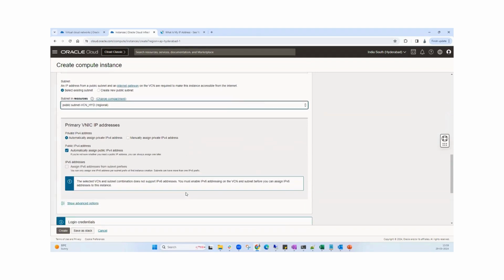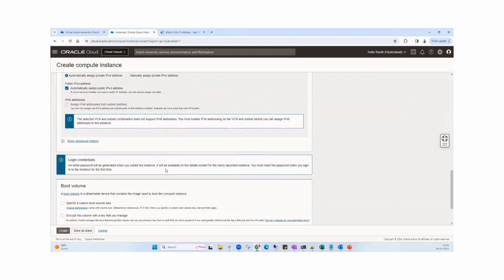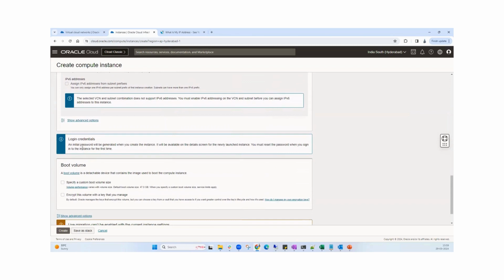Now, that part is done. Let us just scroll down, and then the login credential, when you select the Windows, it will be reflecting on your instance detail page. But when you select the Linux one, then you should have private and public key